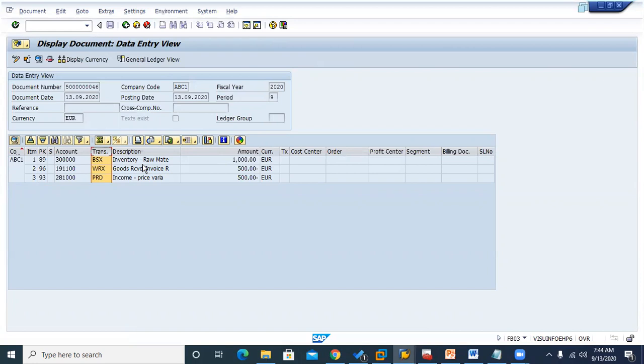You have to understand that whenever material is coming in, that material is added to our material, which is already there in that material type. Adding means debiting. What comes in is debit. What goes out of that account is credit. So you have to understand this principle. The material is coming into the inventory, so the inventory account should be debited. So this 3 lakhs, say 300,000, is going to be debited.